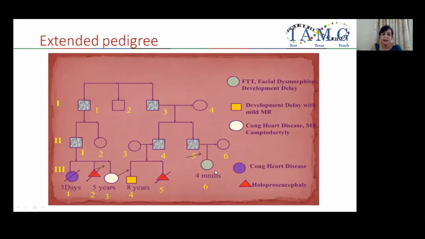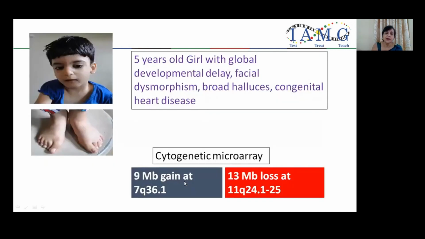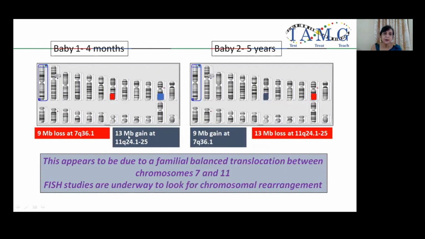This was the pedigree, and this particular child had multiple poor outcomes like neonatal deaths, holoprosencephaly, or cerebral palsy-like things, and so on. So we also investigated another girl from the same family with developmental disability. She also had a similar type of involvement of the same chromosomes, but it was opposite, like deletion and duplication were interchanged. So this one baby had loss on chromosome 7 and the same region was duplicated in another child,